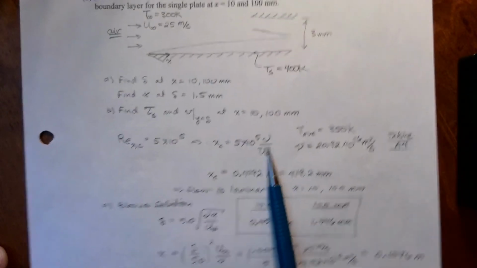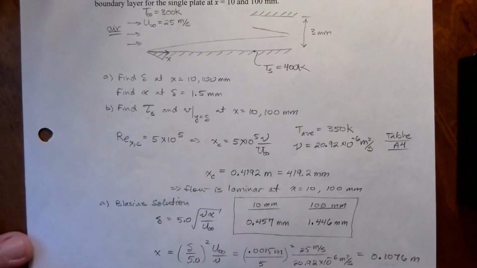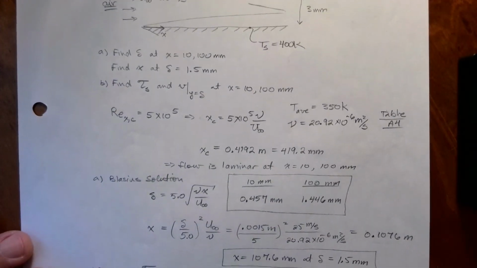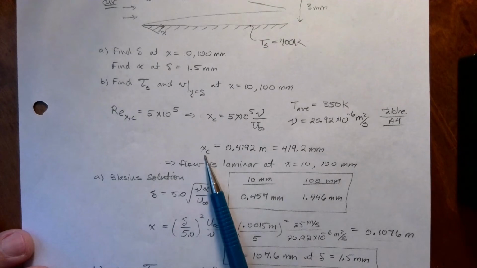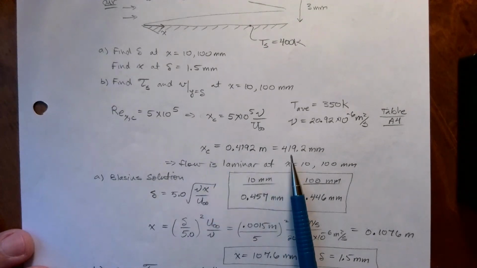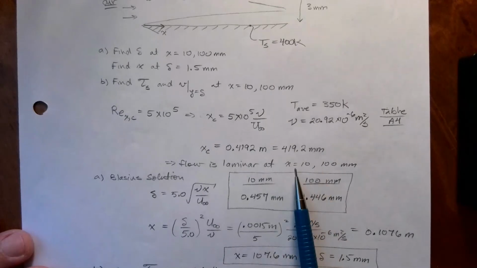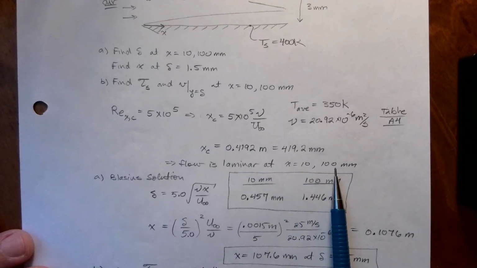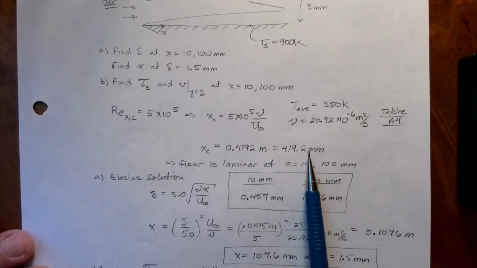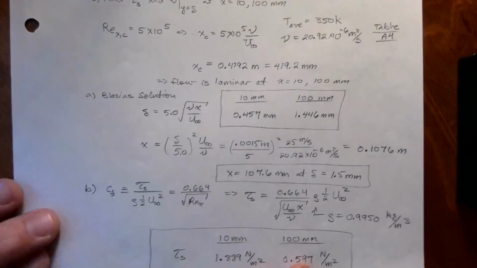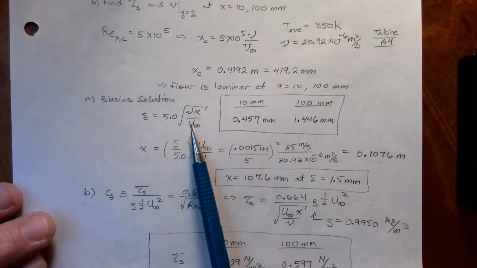The units of this will be a length, so make sure you put things in the appropriate length dimensions. The critical length in this case ends up to be about 420 millimeters. And so the questions are referring to x equal to 10 and 100, so well short of this length. So we are definitely in the laminar region, which means we can go get the Blasius solution correlations and use